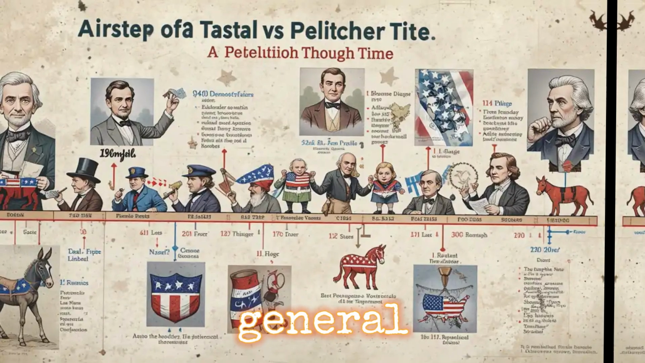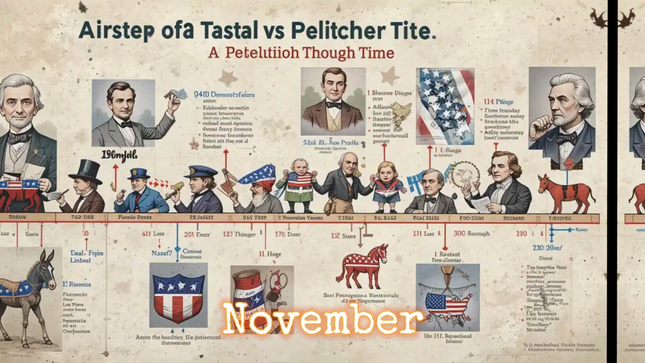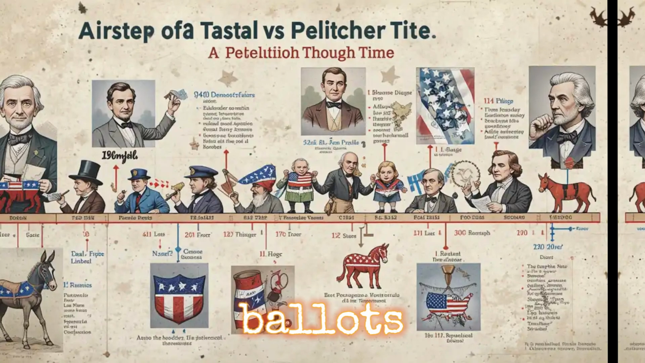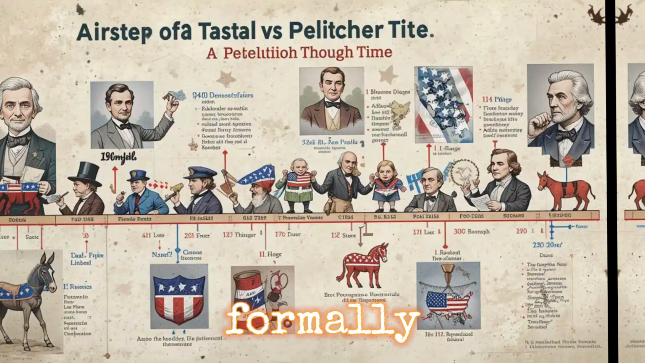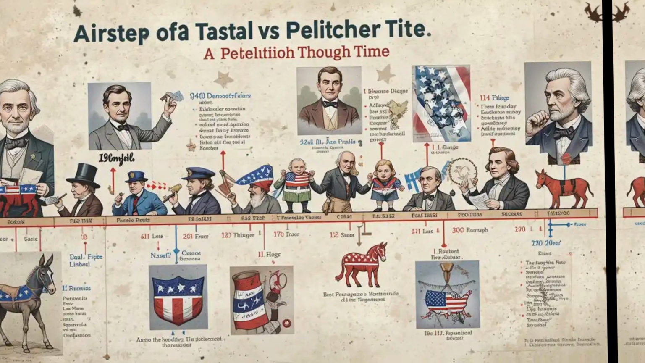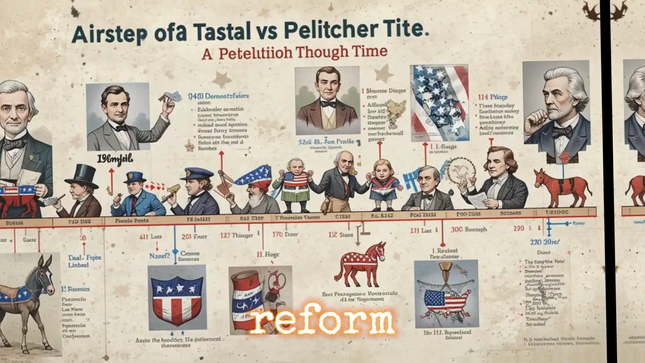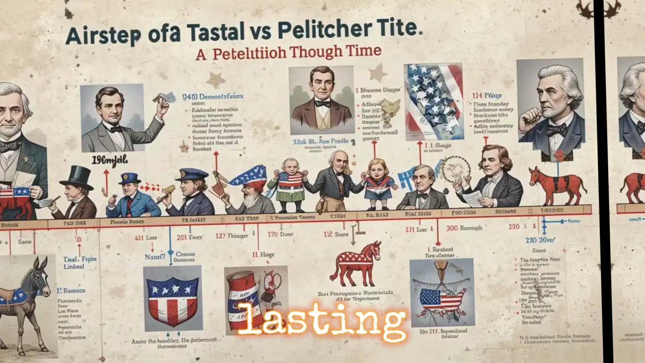Then comes the general election, held every 4 years on the Tuesday following the first Monday in November. Voters cast their ballots for electors pledged to a candidate. In December, these electors formally vote, and the results are certified by Congress in January. Despite occasional calls for reform or abolition of the Electoral College, it remains in place, a lasting legacy of the